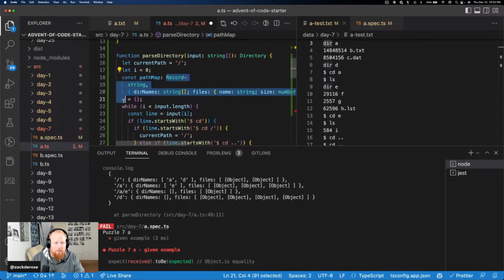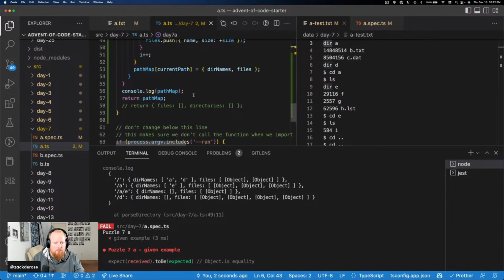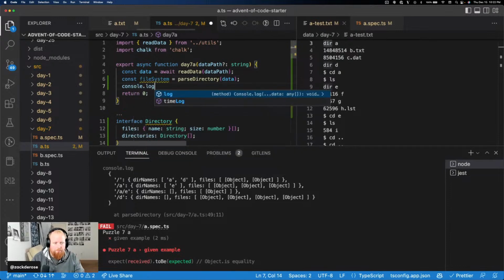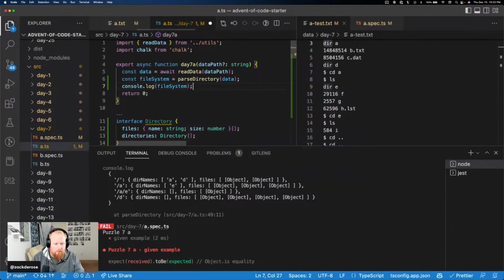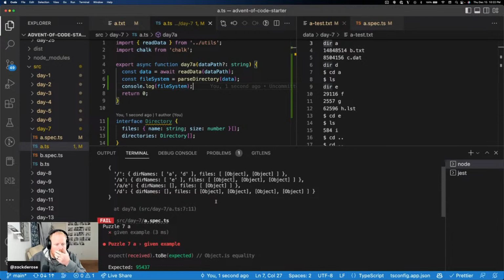Record of this. So file system, let's get rid of this here, make sure that's working. Okay. So now,